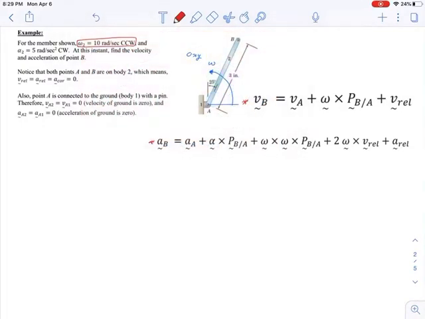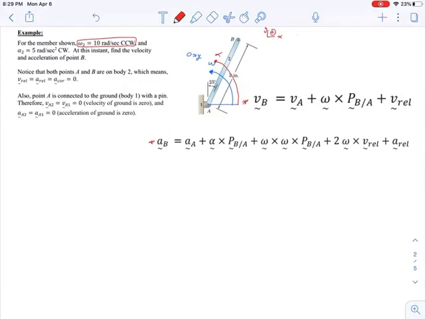Similarly, the angular acceleration will be going that direction, which means that if this is in the XY plane,